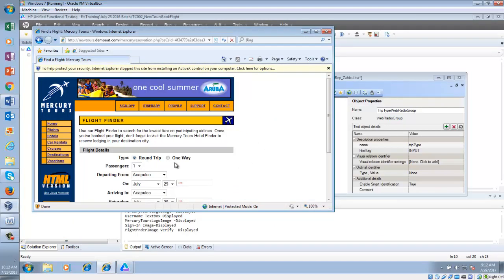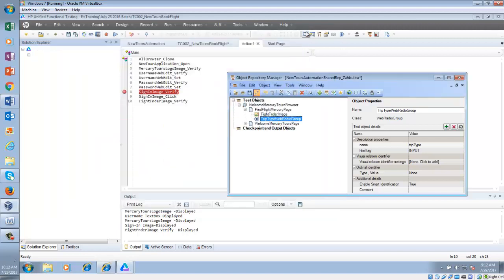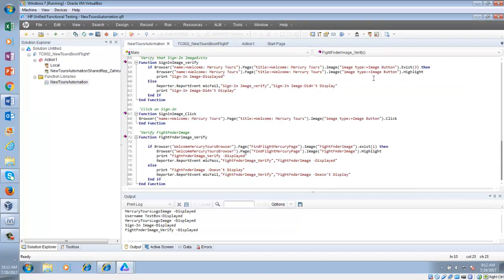So I need to select one way, right? So I'm going to write another function here in the function library.